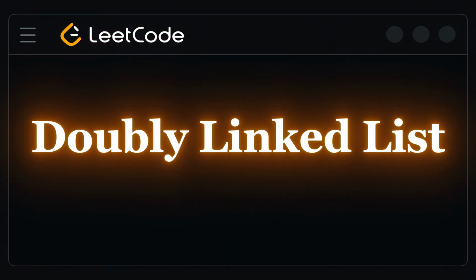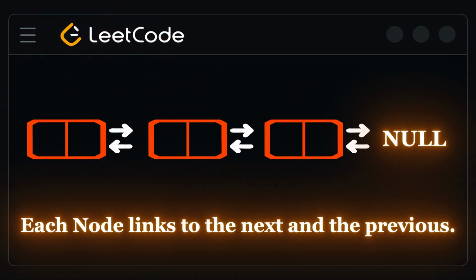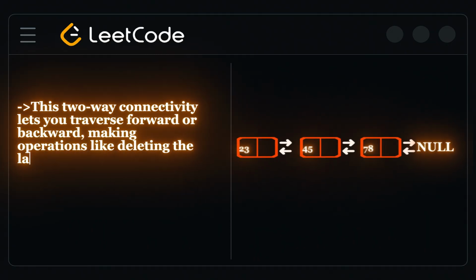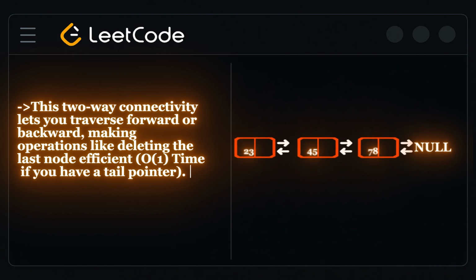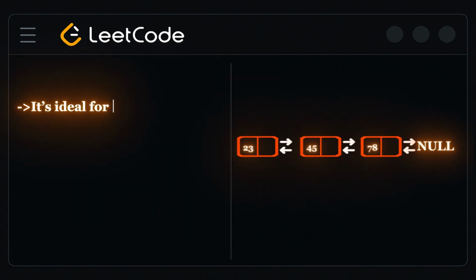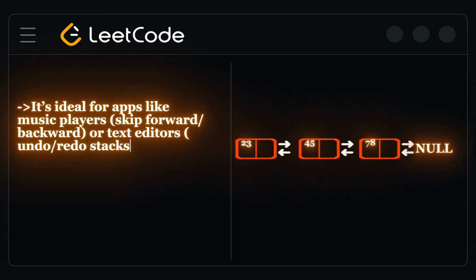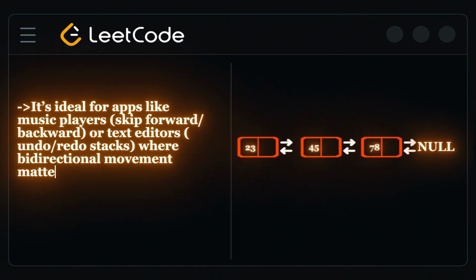Doubly linked list. Each node links to the next and the previous. This two-way connectivity lets you traverse forward or backward, making operations like deleting the last node efficient, O(1) time, if you have a tail pointer. It's ideal for apps like music players, skip forward, skip backward, or text editors, undo, redo stacks, where bidirectional movement